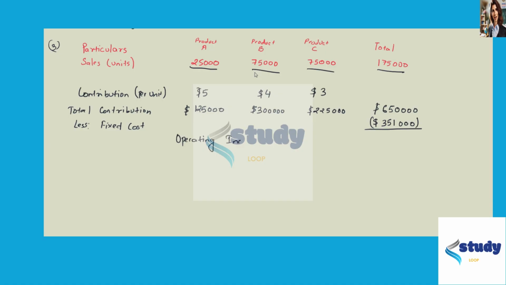So this will be $299,000. So the operating income will be 299,000, and the new break even point that we will be getting here,